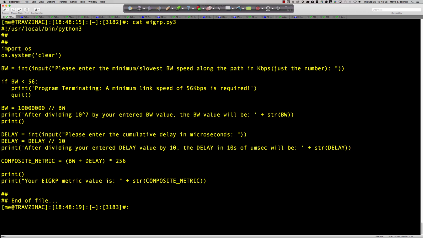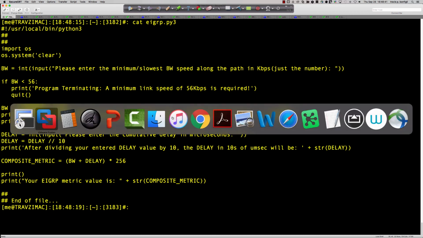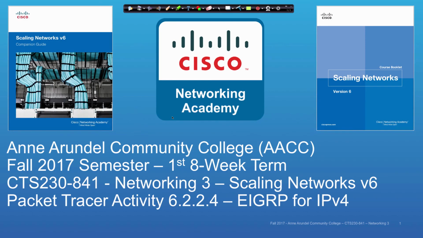So if you ever wanted to work out the composite metric and you didn't want to do it by hand, you simply wanted to put that information in there and get the result out, this is a great way to make that happen. All right, this is going to wrap up Packet Tracer Activity 6.2.2.4, where we took a look at EIGRP for IPv4 and talked a lot about a lot more than simply getting those 80 points. Make sure that you go back through the activity and that you're comfortable with everything that's in here,